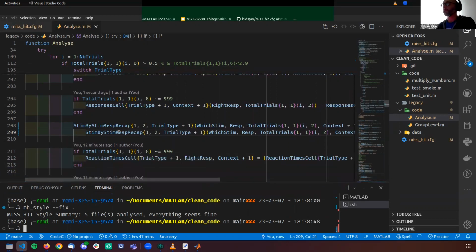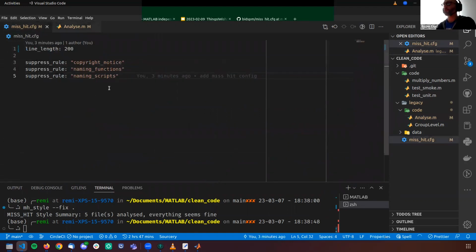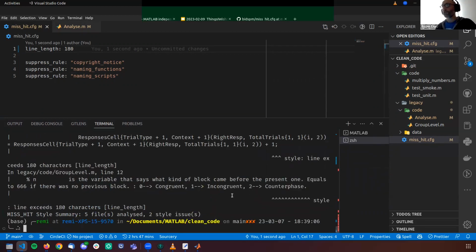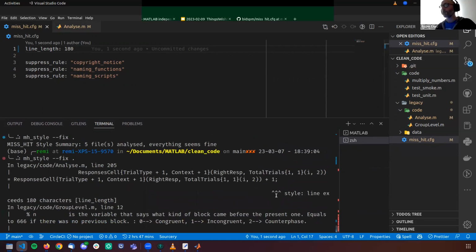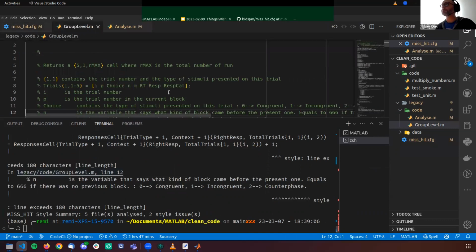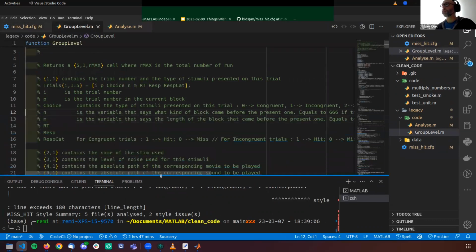To just start changing the threshold where MISS_HIT is going to complain about things. So we could link it now to 180 and run it again, and then we can address those issues one after the other. For example, now we have some issue in code with line 12. So let's just go there.